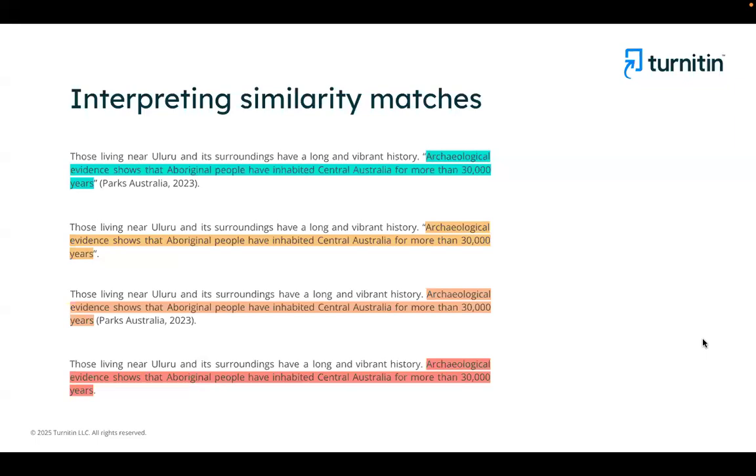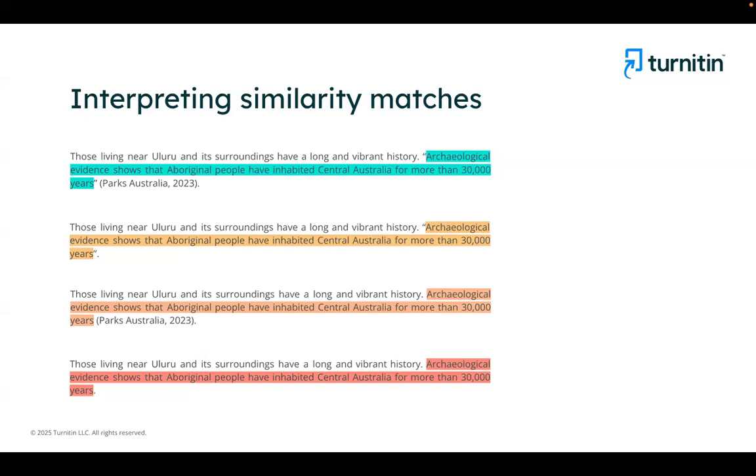Now, how would you interpret these similarity matches? The report that you will be getting from Turnitin is also known as the similarity detection report. In that report, you will find all the text found to be similar, highlighted in different colors and different numbers with their relevant sources.